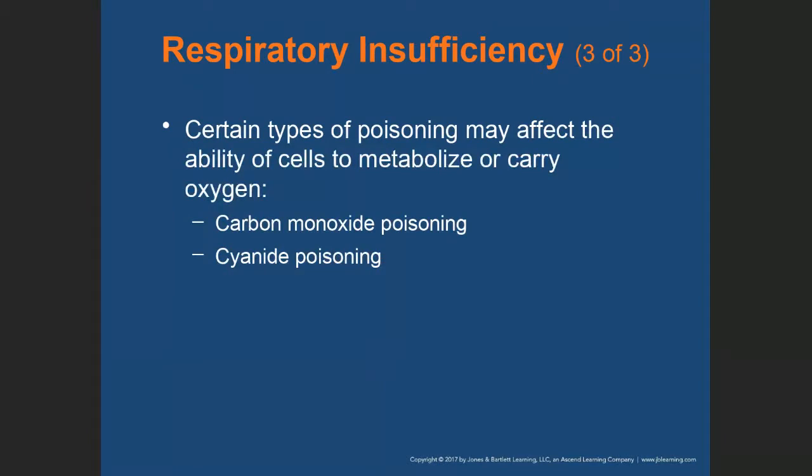So carbon monoxide poisoning: when carbon monoxide is in the body, the body has a higher affinity for carbon monoxide, not carbon dioxide. The body has a higher affinity for carbon monoxide than oxygen. I think it's 250 times